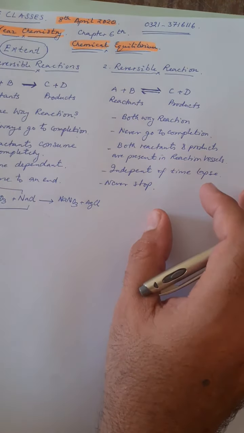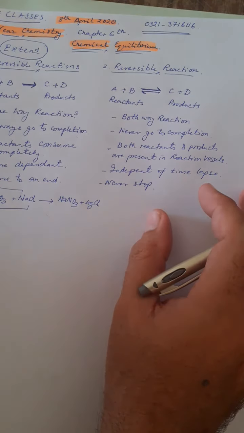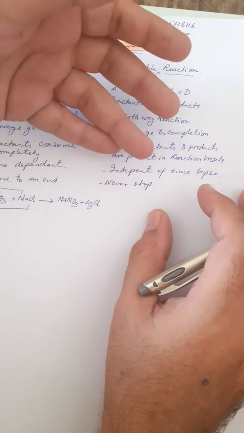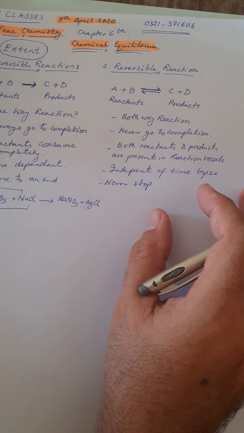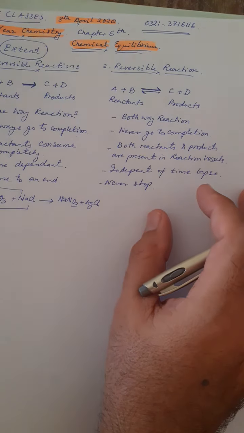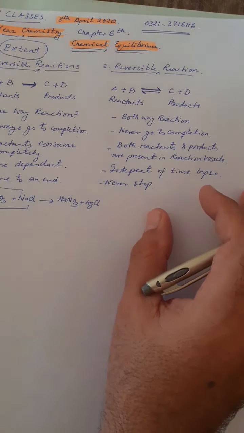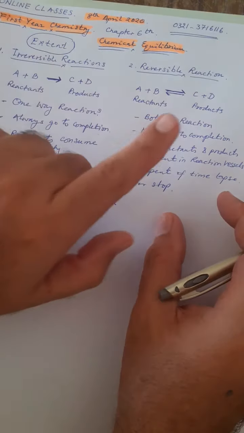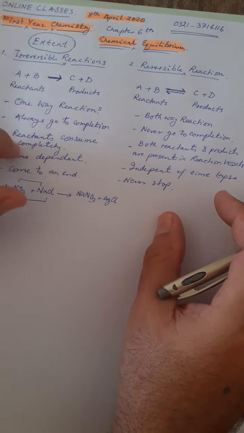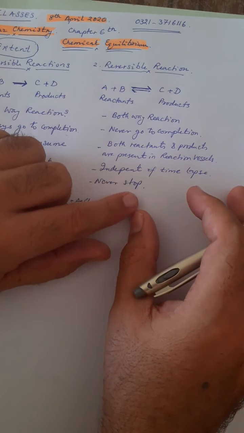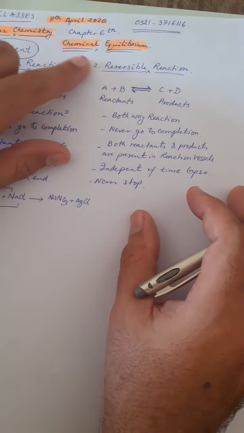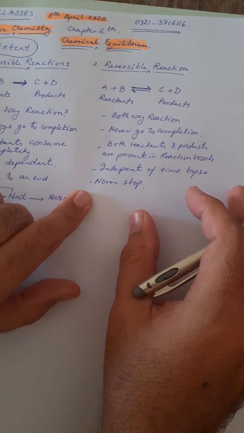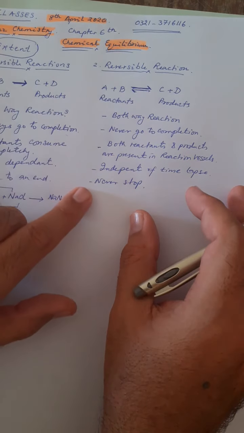We have to find ways to make sure that the reaction goes either just right if you need the products, or just left, depending upon what you need. And the 6th chapter, chemical equilibrium, as you can guess, equilibrium can be here. There is no equilibrium in irreversible reaction. Equilibrium only happens in the reversible reaction. So studying chemical equilibrium basically will help us understand how reversible reactions take place, how we can control their directions,